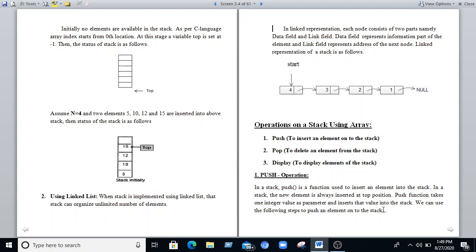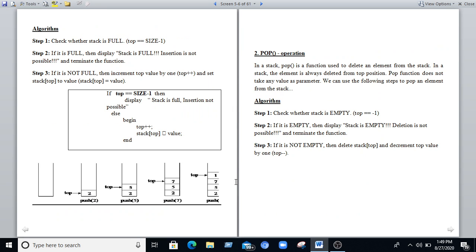We can follow the following steps. Now we are moving with the algorithm. We check whether the stack is full or not. For checking whether the stack is full, top is equal to size minus 1. If it is full, then the stack is full, insertion is not possible, and terminate the function.